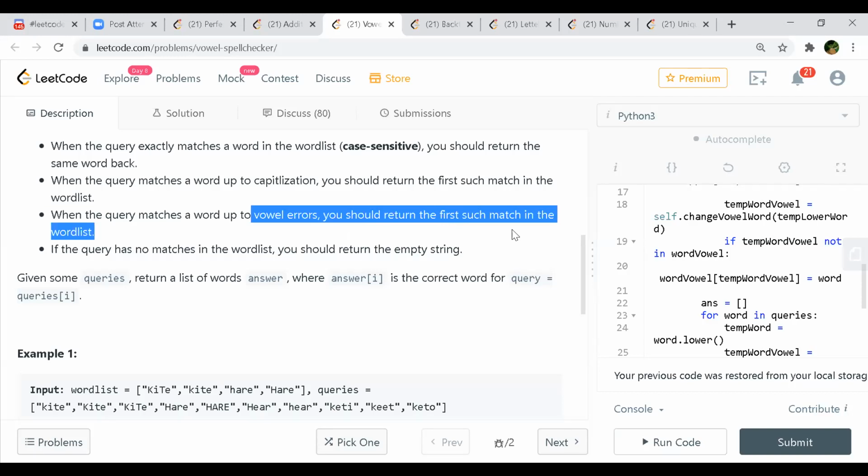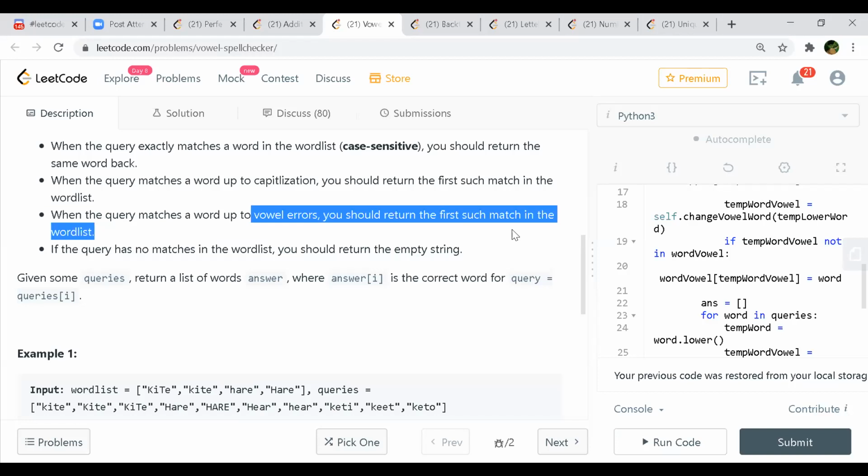What you're doing is a case sensitive match. You are applying two rules. You are applying vowel errors, and then you're trying to apply the exact match. That's not the case, given the precedence rules they have given. So you focus on the exact match. Let's say, if it was somewhere in the query list, like the first word, right?